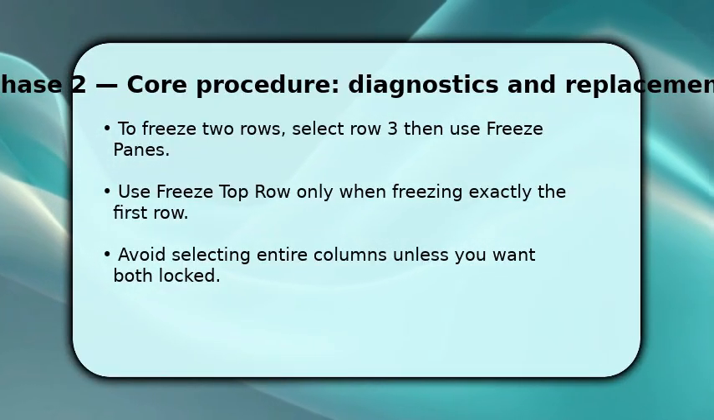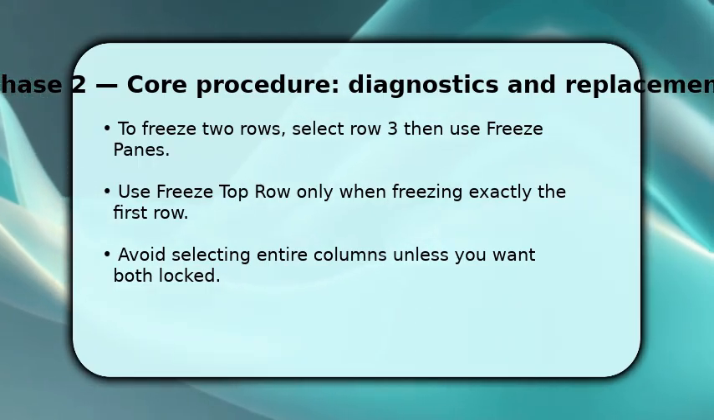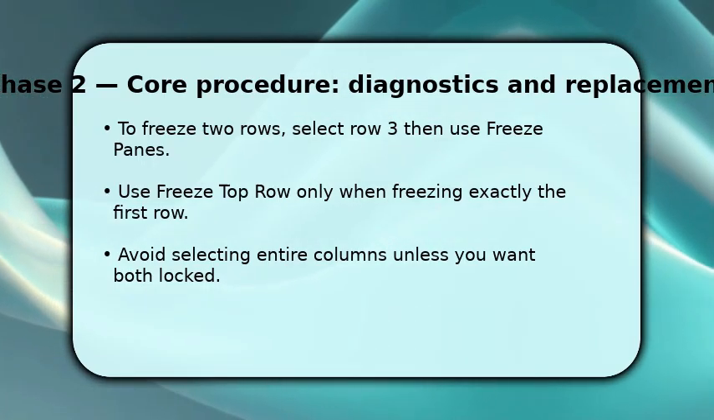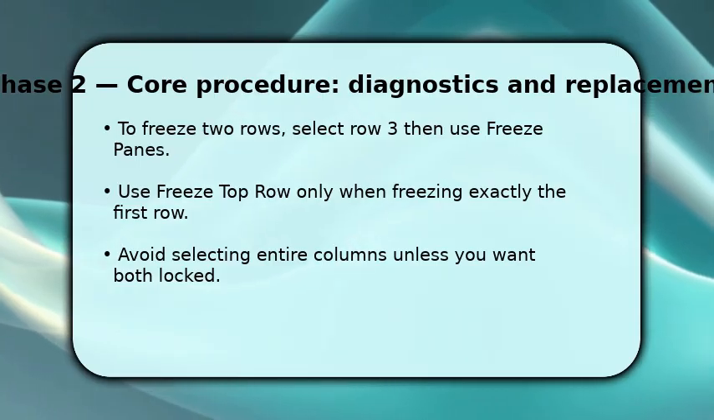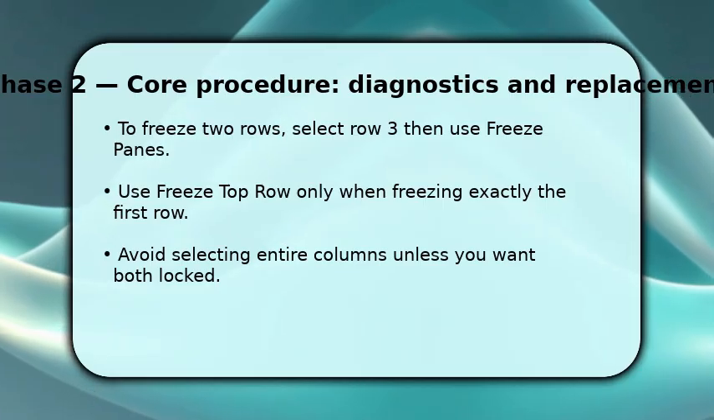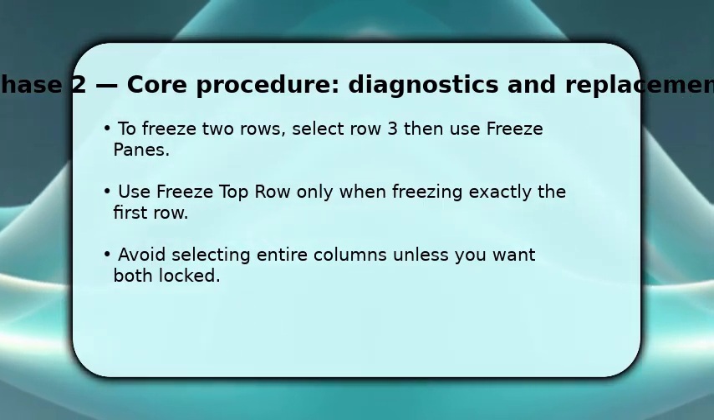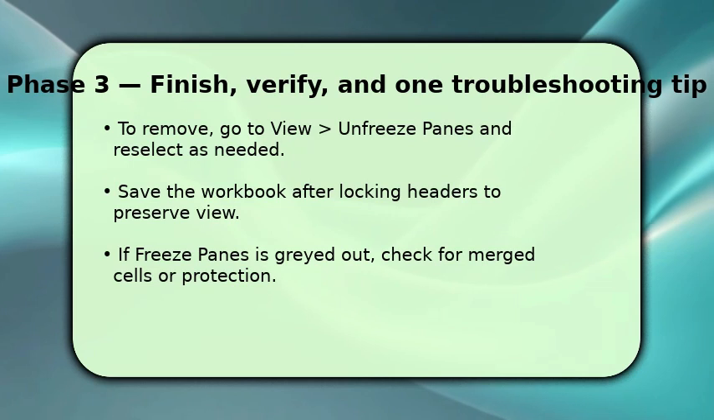Make sure to avoid selecting whole columns unless you intend to freeze columns too. That will lock horizontal scrolling. Also note that Freeze Top Row is a shortcut specifically for the very first row, so use it only when appropriate. Complete the process by confirming the frozen rows stay visible while you scroll, then save the workbook to preserve